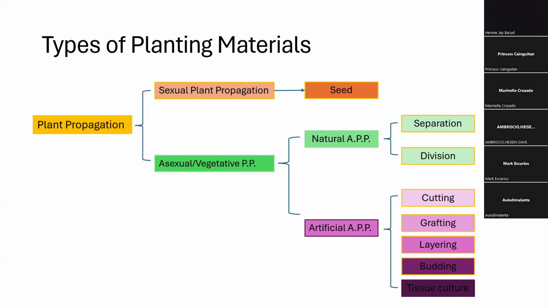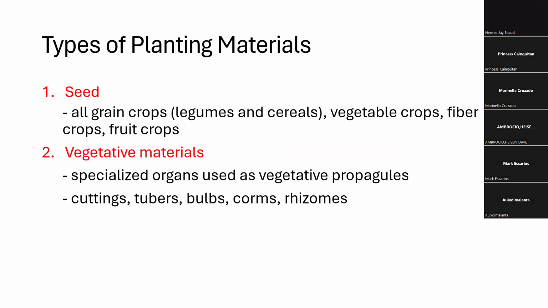So ayun, yung ating asexual plant propagation is tinatawag rin natin na vegetative plant propagation. Then lahat ng ating mga green crops, mostly mga leguminous crops natin and ating mga cereals, Fabaceae and Poaceae, lahat ng mga vegetable crops natin, mga fiber crops, then mga fruit crops natin, ang kanilang planting materials ay gamit ang seed. Though sa ating mga fruit crops, mostly ginagamit natin ay yung mga vegetative propagules, mainly gamit ang grafting and